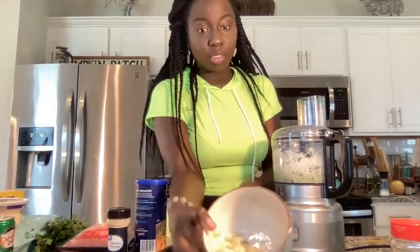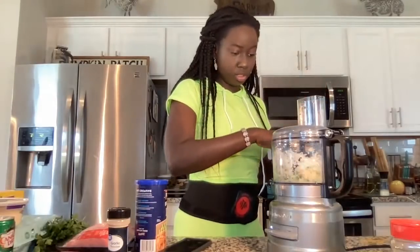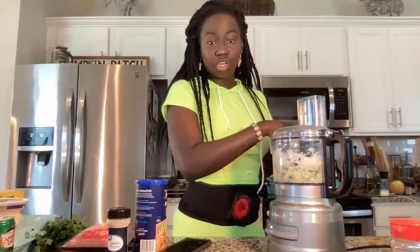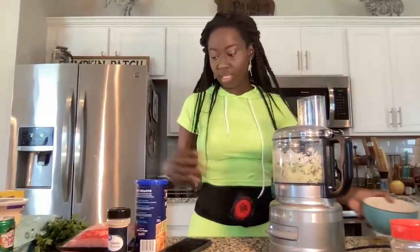This is garlic. You guys know I always put garlic in everything. I ran out of my brother's garlic, so I had this garlic from the store. And you can never have too much garlic. I'm going to put some of this base inside of,